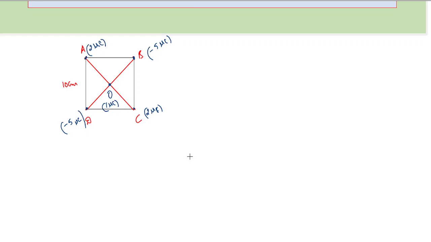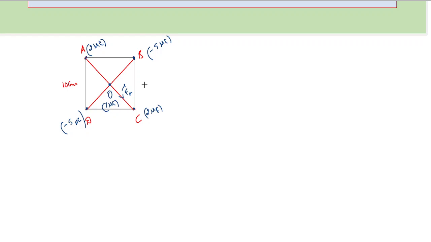Let's find the force because of the charge kept at point A. Now the charges at point A and point O have the same polarity, so A would repel the charge kept at O away. So the force which A exerts on the charge at O would be in this direction. We will call this F suffix A. So F suffix A is the force which the charge at point A exerts on the charge at point O.